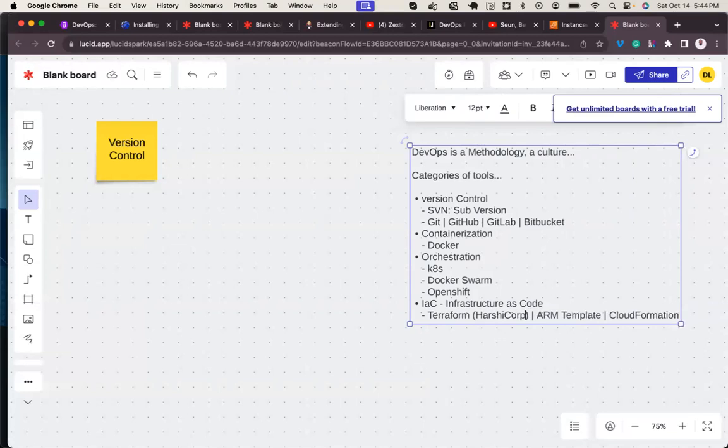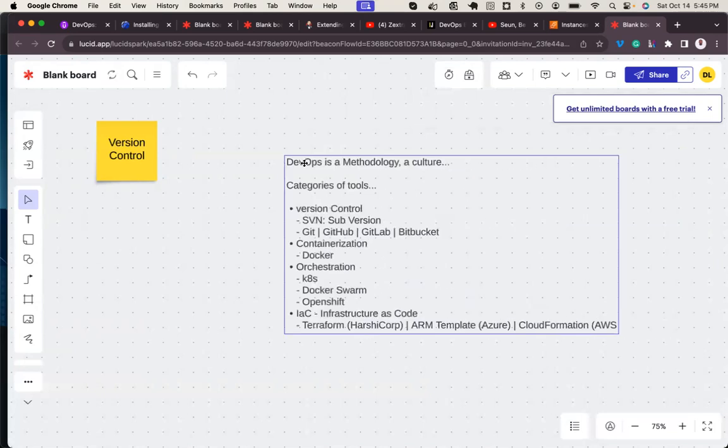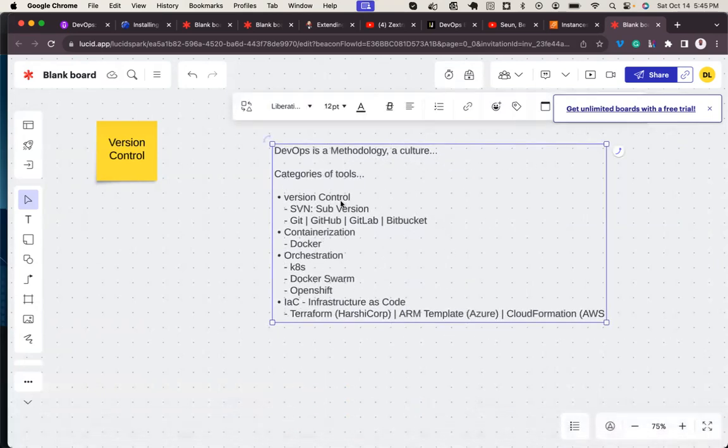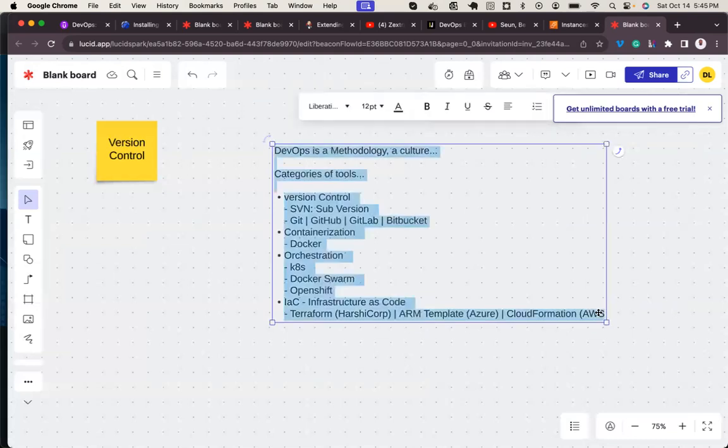ARM template is from Azure. Then CloudFormation is native to AWS.